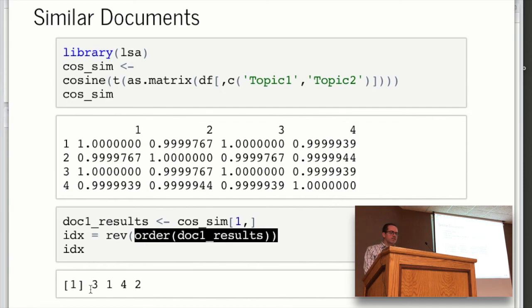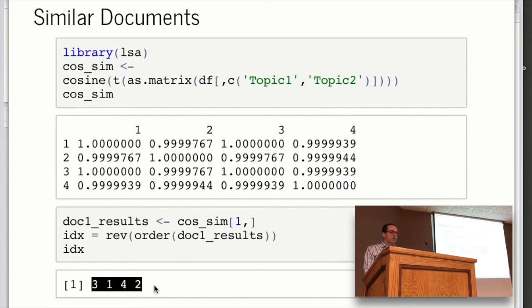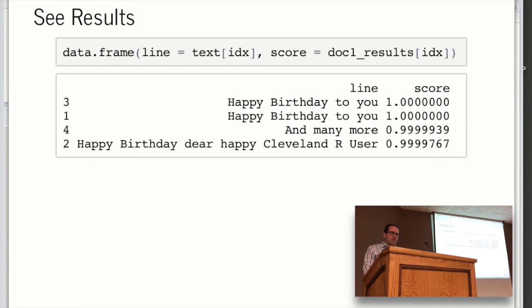So now the index is telling me a ranked order: the 3rd document is most like the first document, keep in mind they're a tie because they're the exact same document, and then the 4th, and then the 2nd. So now if I use that to index the text and to index the results, I now have a ranked list of most similar documents.